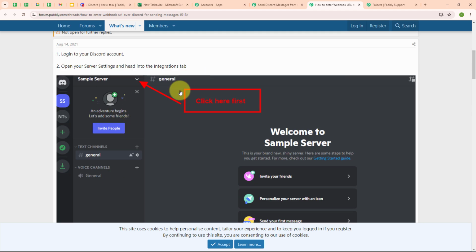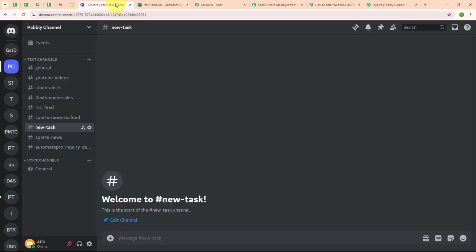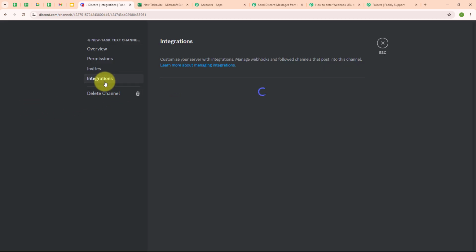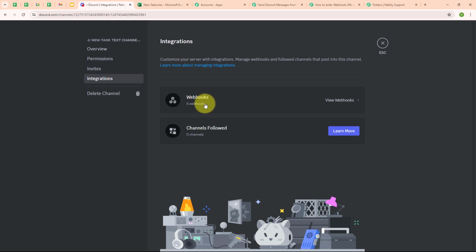So following all these instructions, I've already logged in to my Discord account and I've created a channel with the name new task. To get the webhook URL, you need to select your Discord channel first, and after selecting the channel, you have to click on this edit channel option. And from here you have to select integrations,